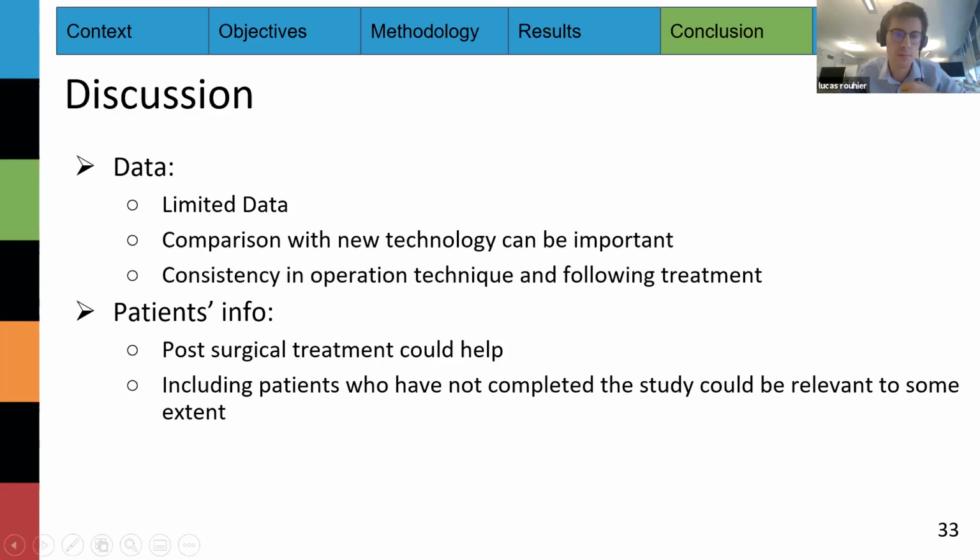So as I mentioned, some patient info about post-surgical treatment could help, because the rehabilitation process could be improved by a post-surgical treatment. And maybe not using the 24 months mark could be useful, so that we could include more patients who have not completed the study but have been to the 6 months or 12 months follow-up.